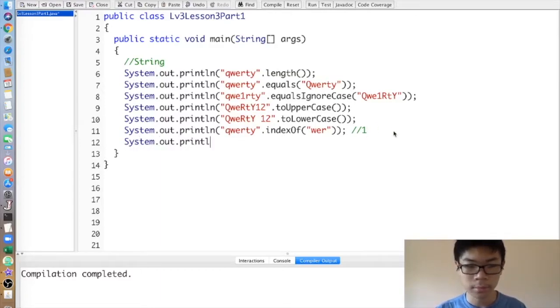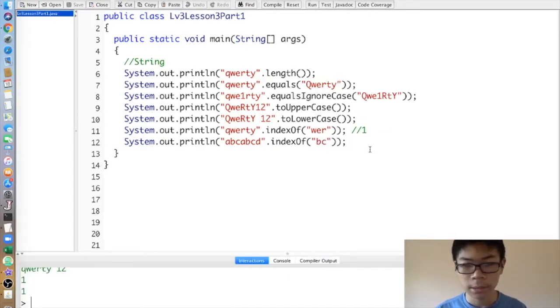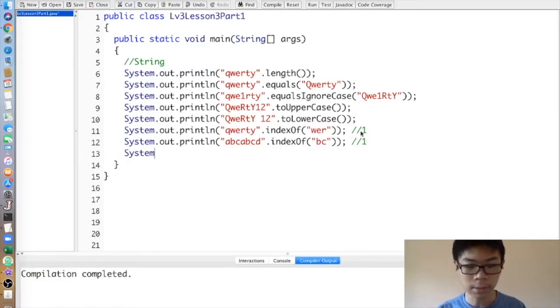Similarly, "ABCD".indexOf("BC") would be 1. Even though I have two occurrences, it finds the first one. And if I try to do something like "QWERTY".indexOf of something that doesn't exist, like for example capital Q, then it's just going to be -1,